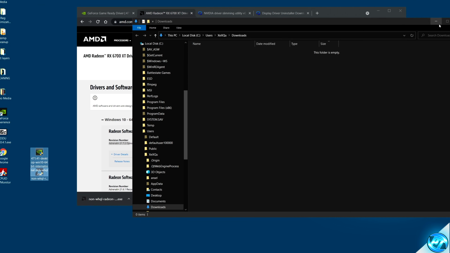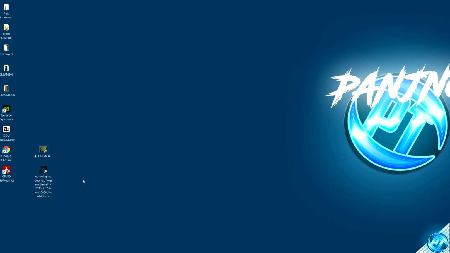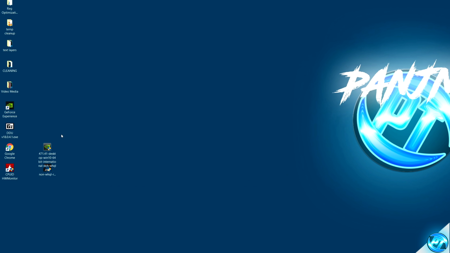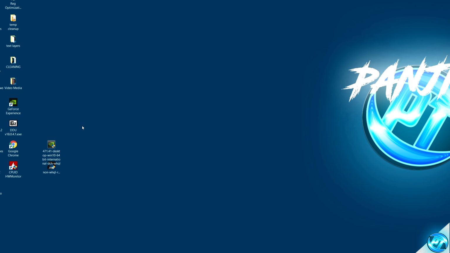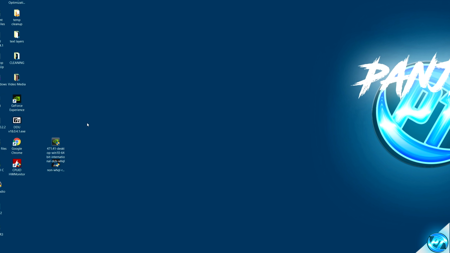Once the driver has been downloaded to your system, go ahead and select Show in Folder and drag the drivers onto your desktop. Now for those of you that are looking to just update your GPU driver simply and easily, boot into the driver which you downloaded, run through the prompts on screen, select the Express installation, and this will then update your GPU driver.